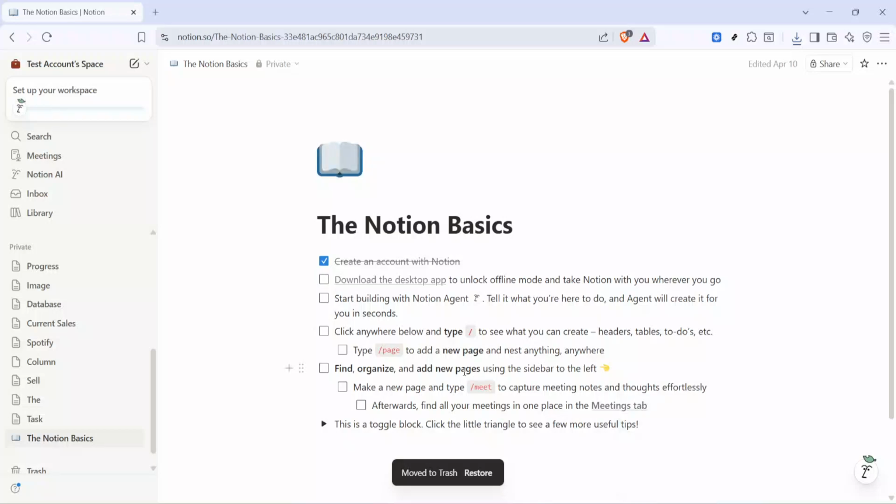In today's video, I'm going to teach you how to switch Notion to dark mode. If you work late, prefer a softer interface, or just want to reduce eye strain, dark mode can make Notion feel calmer and easier to read. I'll walk you through the exact clicks and share a few quick tips so you know what each option in